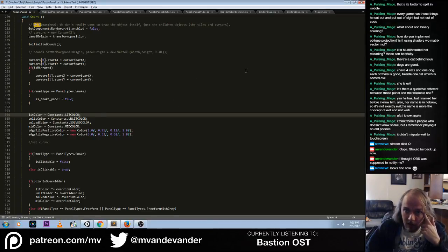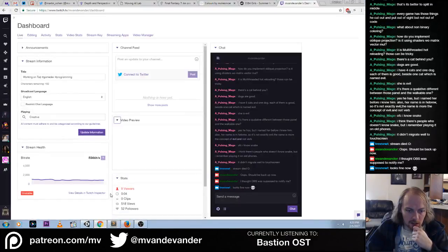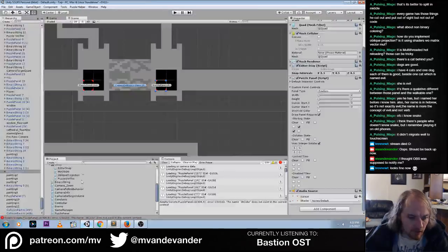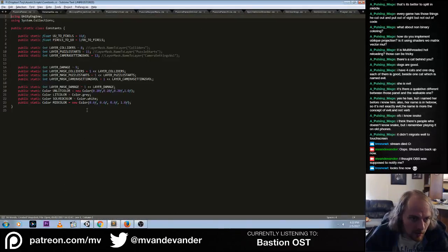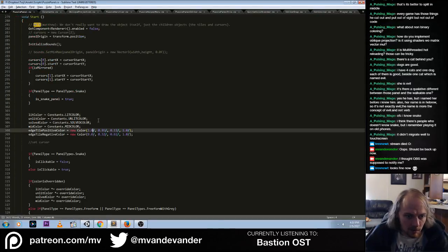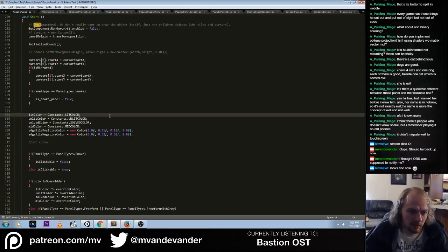I mean, I could use the constants, but probably saves on generating memory usage. Where? Okay, constants is in another file, of course. So I got constant colors here, so I'm basically just generating different colors there. So it's really not necessary, but